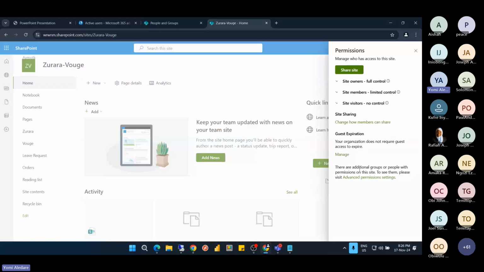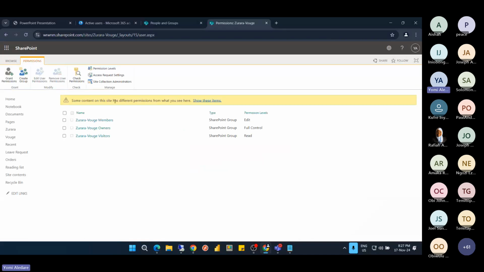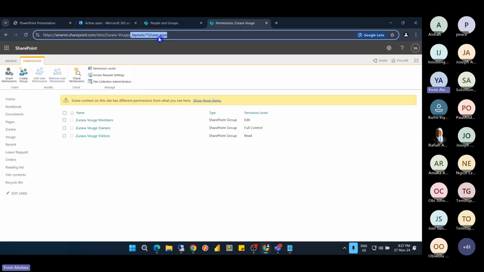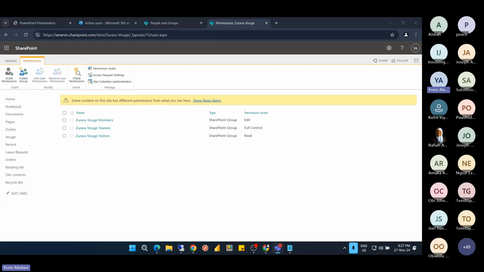Remember, what we are doing now is at the site level, and I'm going to look later on at various permission levels and how you can break their flows. So if I click on this here, this is how you check if a user has permission to a site. You can see the URL for that as well. It takes you there directly, and for any site, you just add that line and it takes you directly to the site permissions page. So if I click on check permissions,